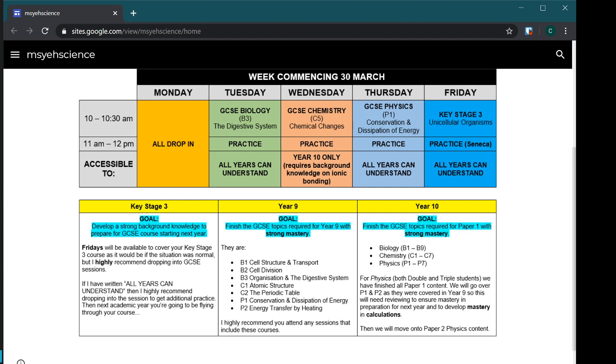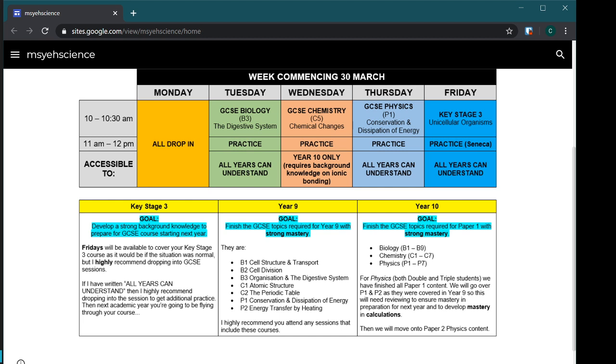Today we're gonna be looking at the digestive system, which is on paper 1. So year 9s, you guys will actually be assessed on this coming up. It'll be after Easter. The department hasn't worked out the exact date yet. But year 9s will be assessed on this, but obviously if you're year 10, it will be useful for you